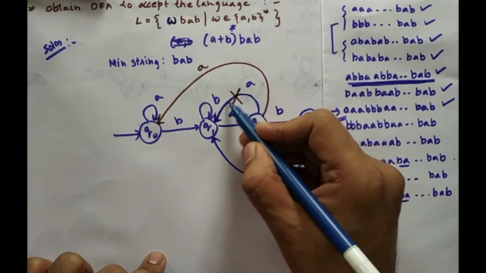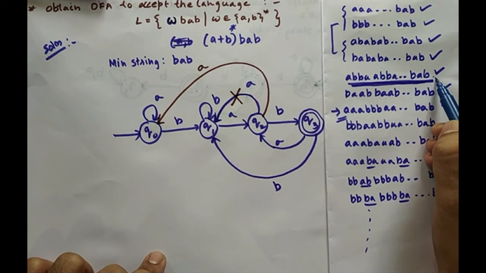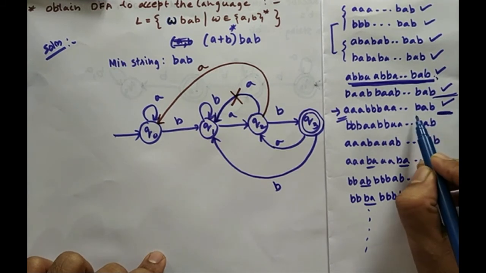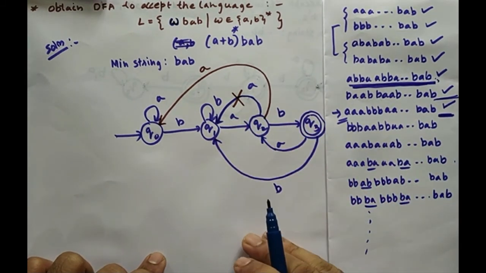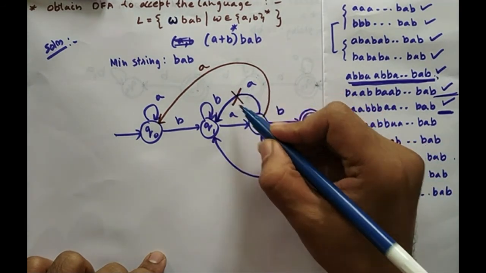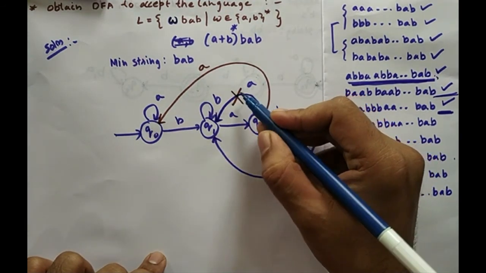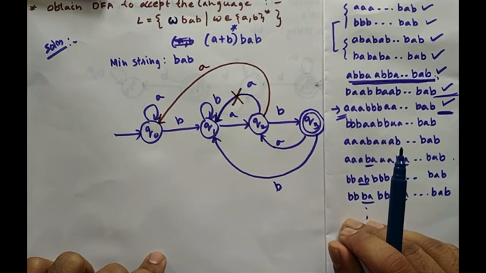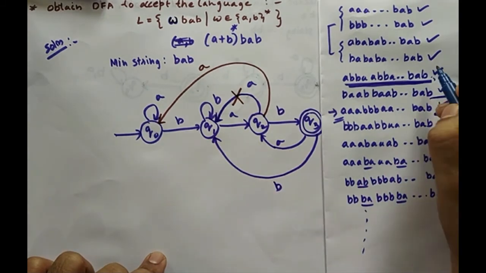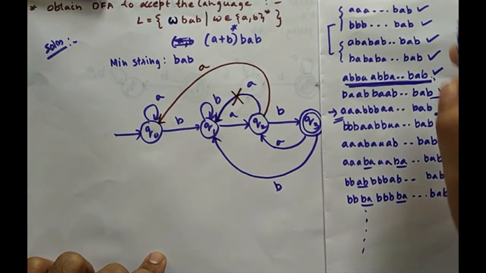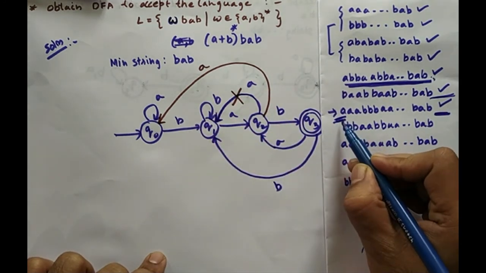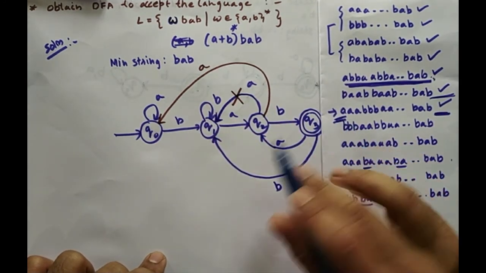Okay, so the earlier transition which I had made looked to be perfect until this stage. But since for this particular string the transition was not giving the result, I had to change the transition. Instead of having a transition from Q2 to Q1, I had to do it from Q2 to Q0. Now with that transition done, no other string is affected, all are accepted, working. And this particular string which was not getting accepted now gets accepted.